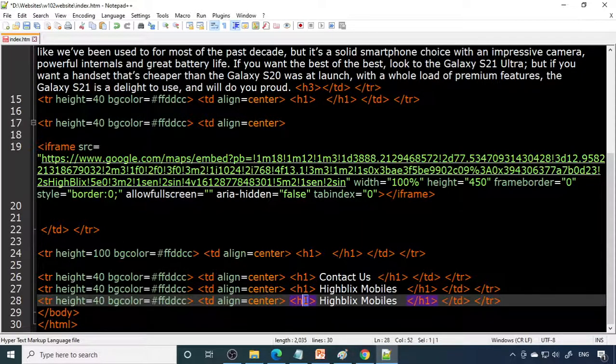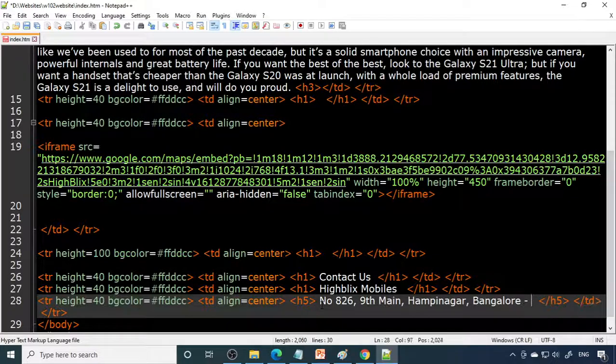So this you can choose H5, then number 826, 9th Main, MP Nagar, Bangalore, 104.